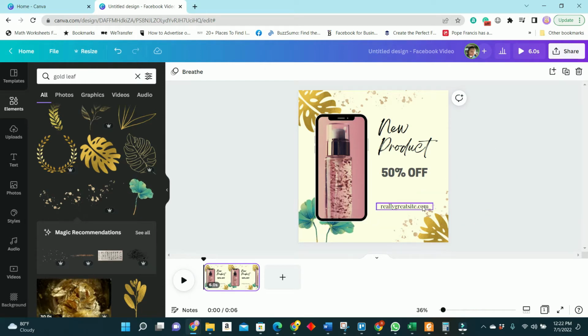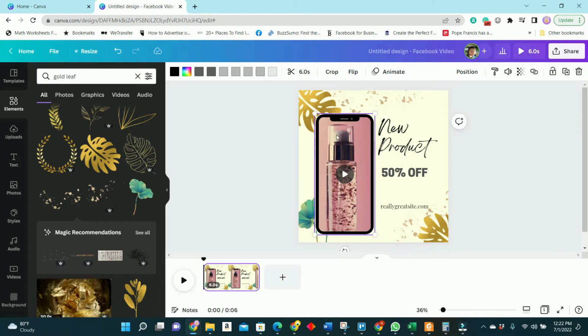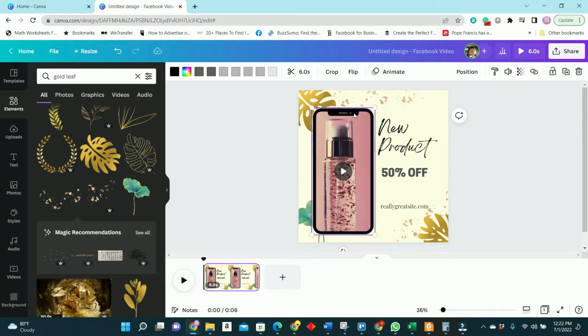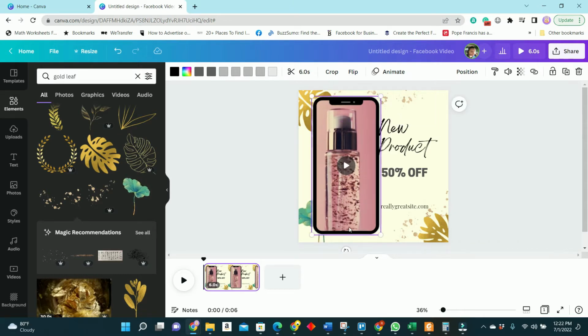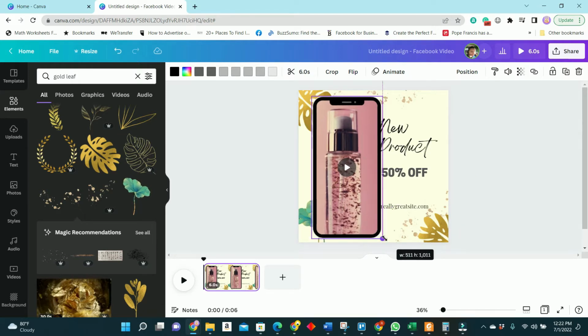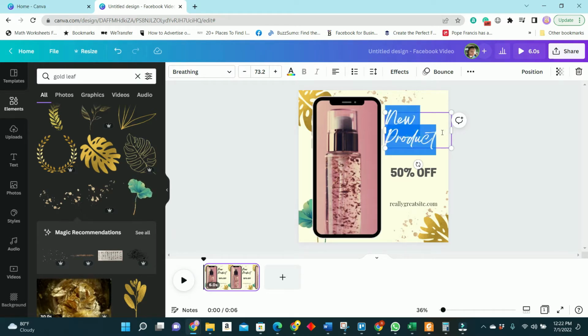Okay, I think this is looking spectacular already. And what I'll do is pull this to be a little more pronounced. I think this is perfect. Basically what I'm creating now is a template, so I can add 3-4 different pictures inside this phone. Okay, so let us say